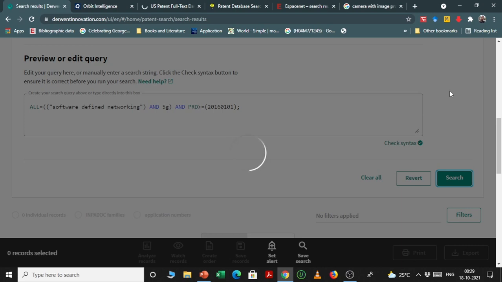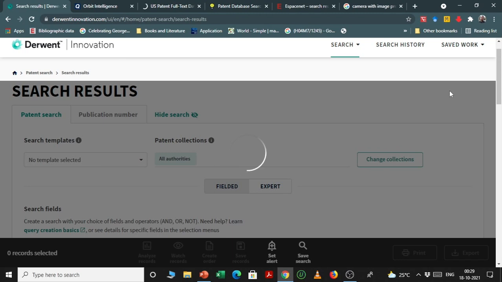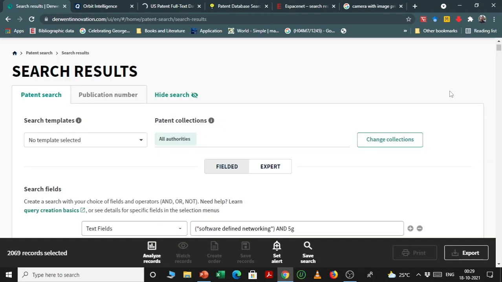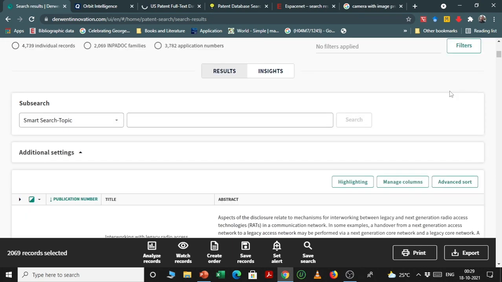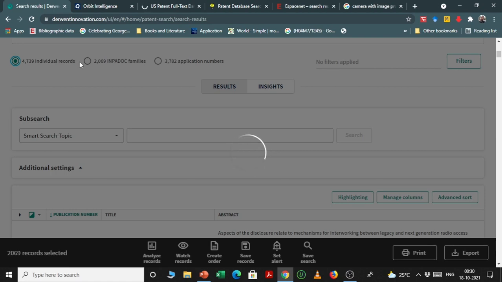This Derwent tool is a very expensive tool. The subscription is usually held by corporations, private corporations, and service industry, who have the subscription database. Now here you can see that we have identified around 4,739 individual records related to that topic.